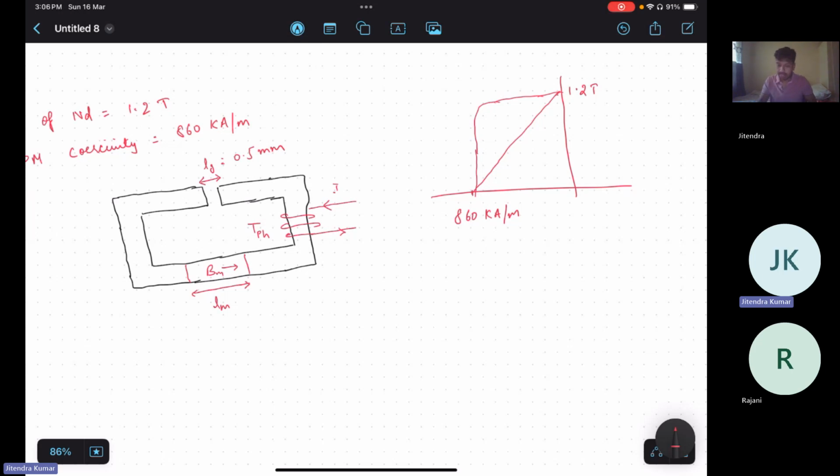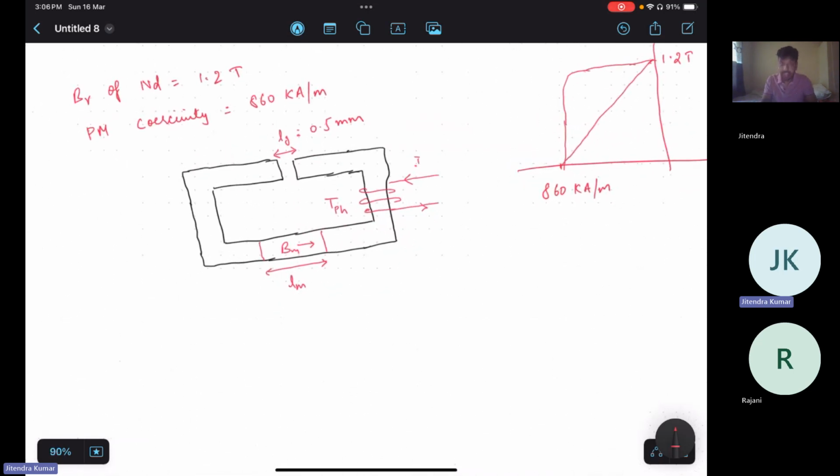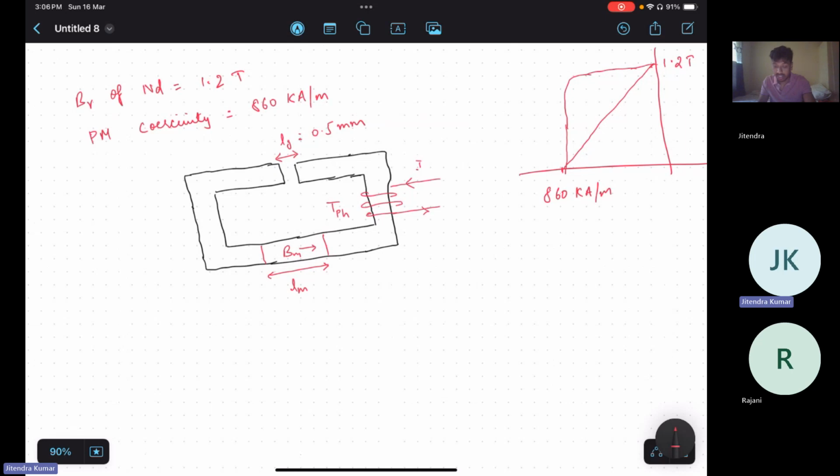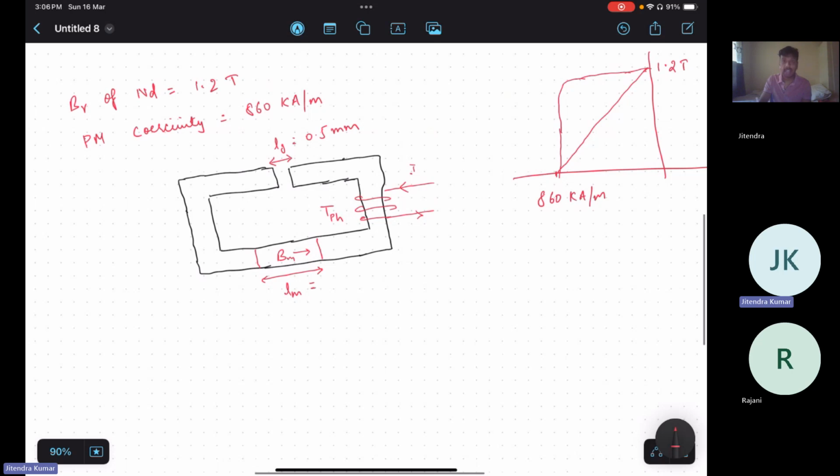Okay, so I hope till now what I was saying is clear: this permanent magnet is placed in an electromechanical device whose core consists of an air gap as well as a neodymium magnet, with its Br and Hc given. Now, the PM thickness is also mentioned as 12 mm